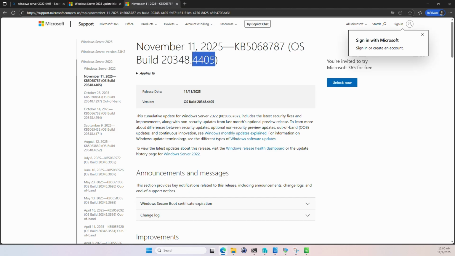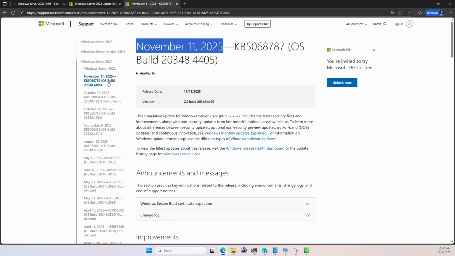The 4405 is from November 2025. So this is the last update that was installed on the machine, November 11. We can know because this is not any basic update. It's the last cumulative update, which is the most important one on a Windows system because it gives us the most important security features that were released. So